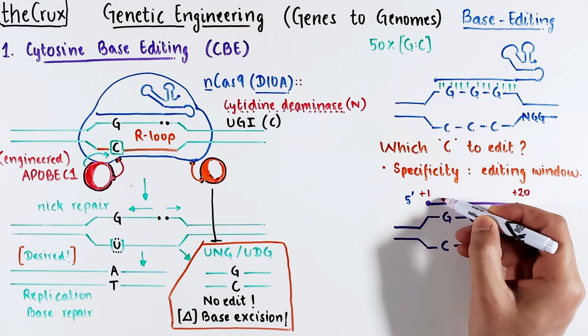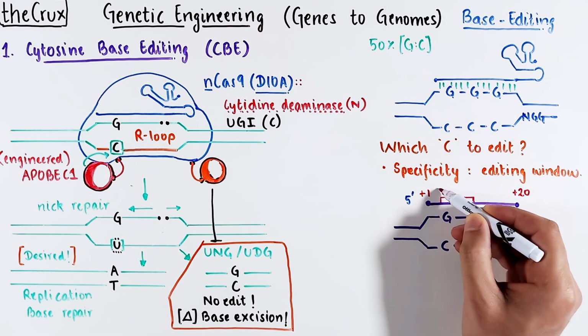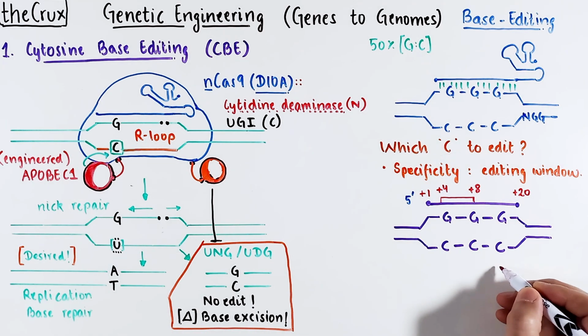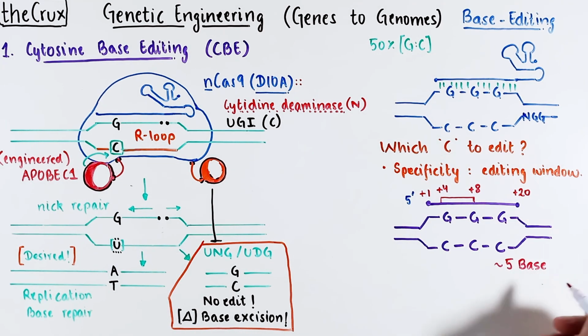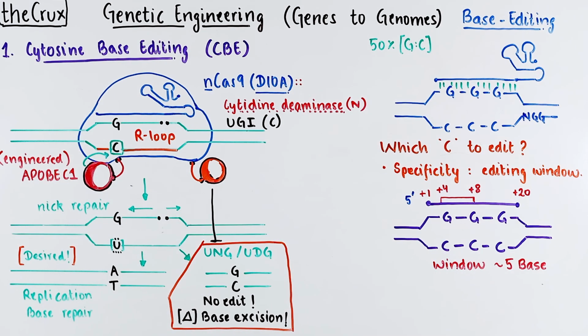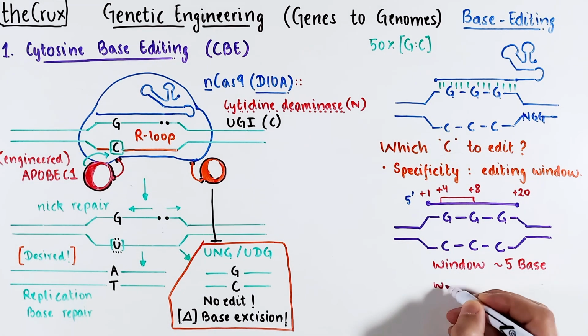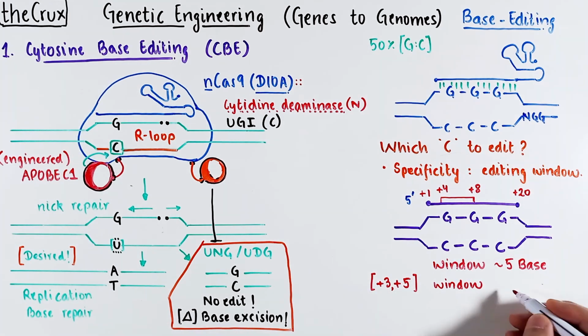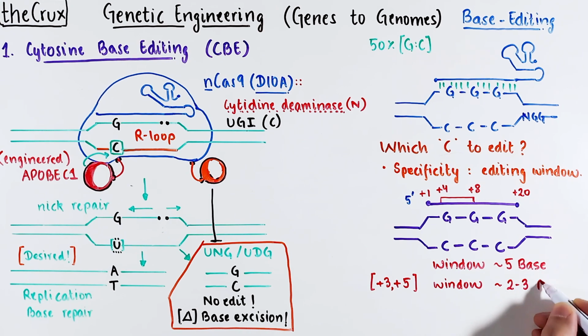In the first iteration of base editing, the default editing window for cytosine base editors was between position 4 and position 8 from the 5' end of the guide region. If you do the math, it gives you about a 5 base window. Not super specific if you had expected a single base resolution. More recently, the editing window has come down to 2 or 3 bases, but it is still not at a